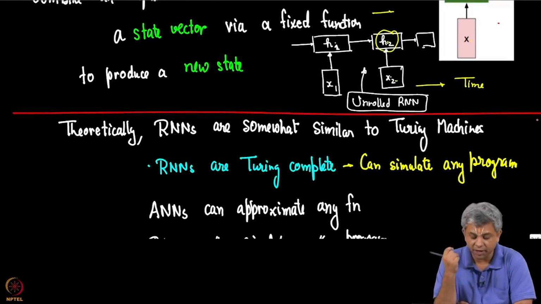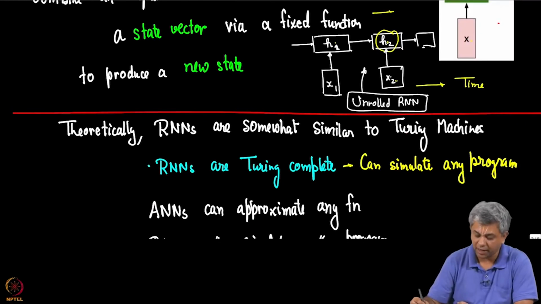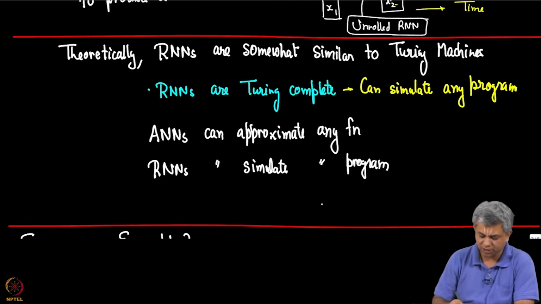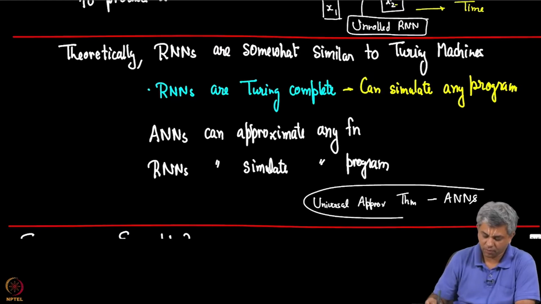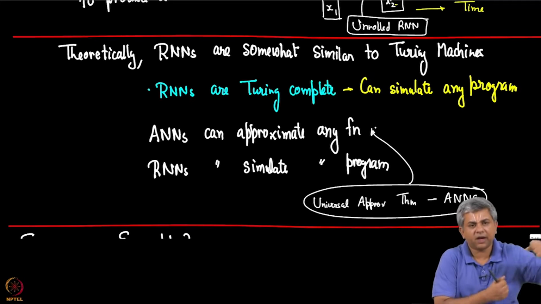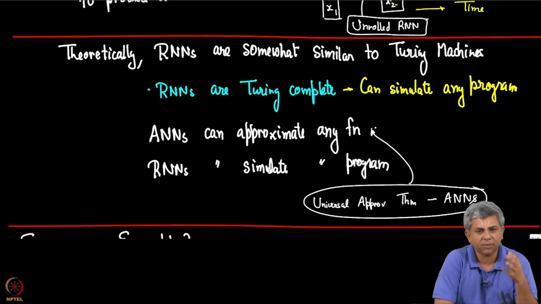Okay. So, here is some theoretical detail, I will discuss this and then I will come back to how this function works, okay. If somebody is from a computer science background, theoretically remember that we had the universal approximation theorem for artificial neural networks that said that I can take a large enough ANN which will approximate any function that I would like, okay.